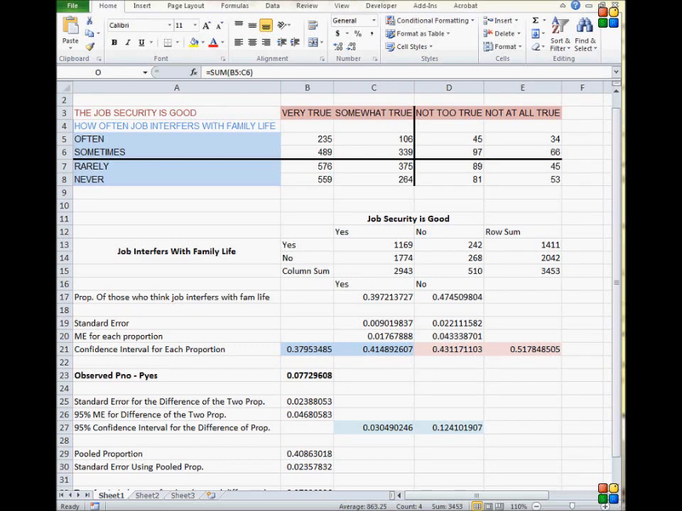We are reaching the final steps of your categorical data analysis. So far, we have constructed individual confidence intervals for the two proportions, and we also have run analysis on the difference of the two proportions. The proportions that we compared, again, is the proportion of those who think job security interferes with family life for two groups. One group who says yes, that their job security is good, and those who think that their job